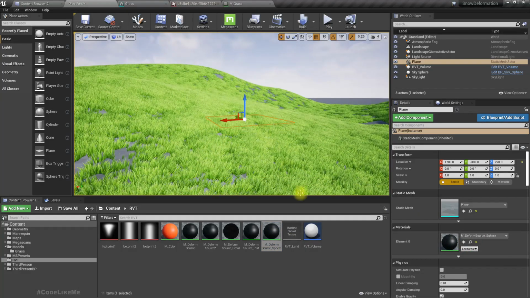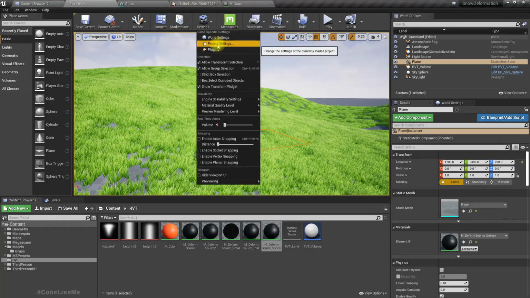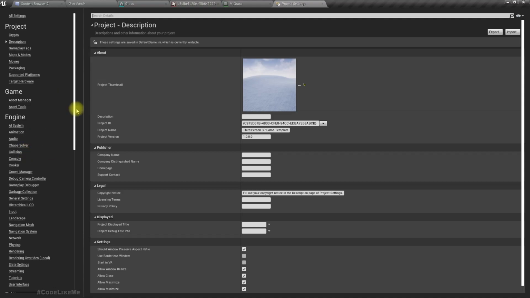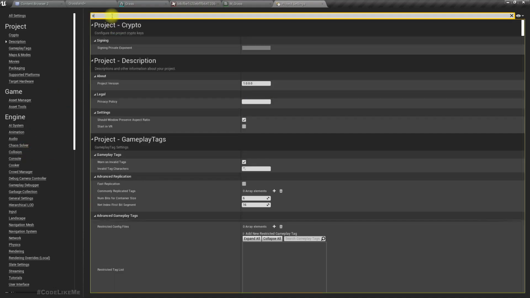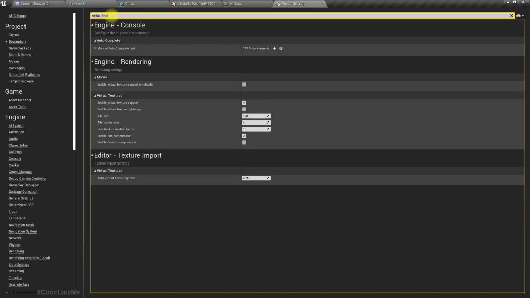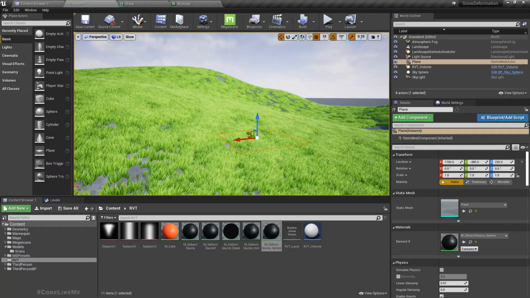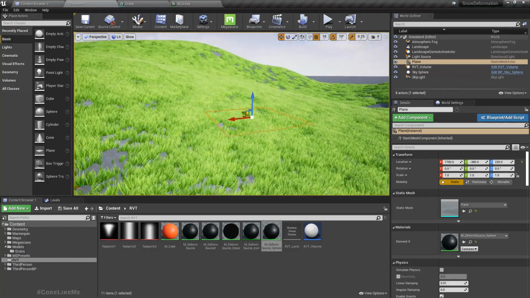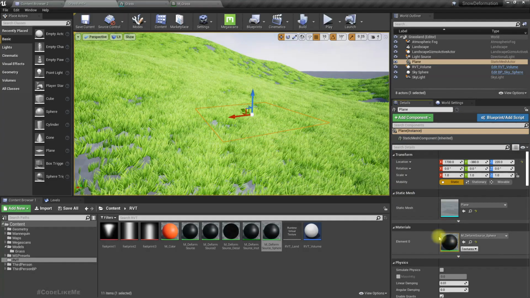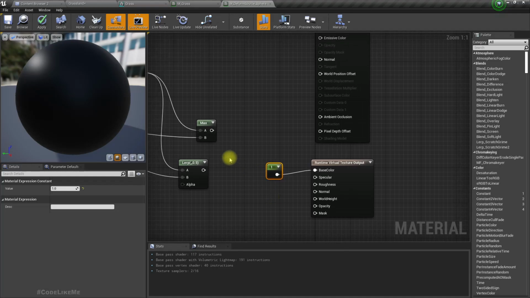In order to use runtime virtual textures, if you don't know, you have to enable them in the settings. I have already enabled it, so I can use them in this project, but if you don't have it, you have to enable it. Okay, now this is the source where I just set it as 1,